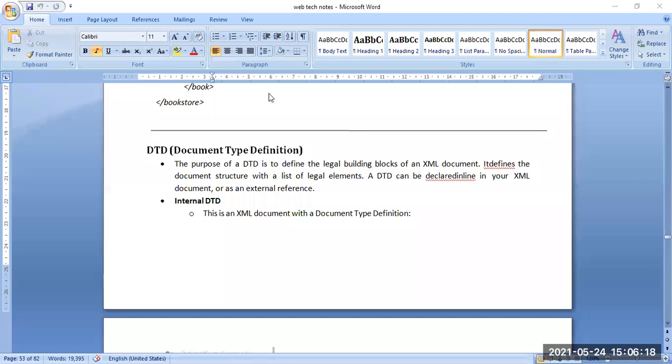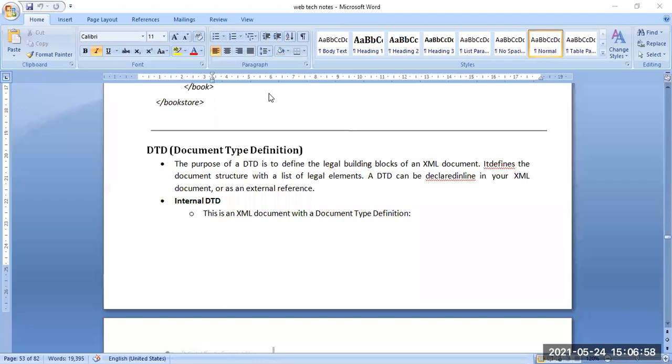DTD is document type definition. The purpose of a DTD is to define the legal building blocks of an XML document.